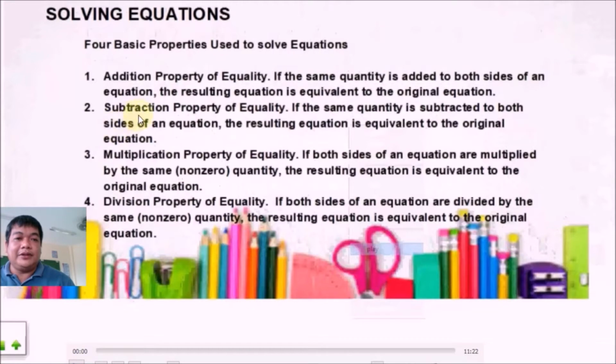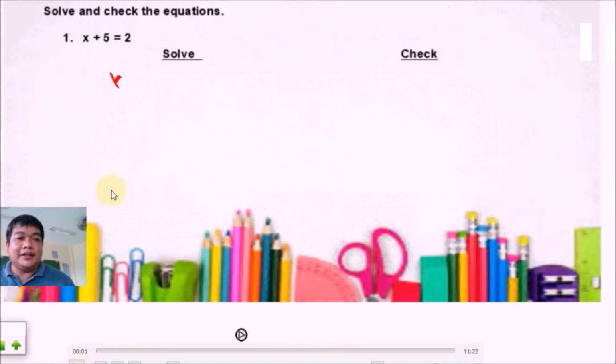In order to understand all these basic properties, let us have examples of how to solve equations. Solve and check the equation. Number 1: x plus 5 equals 2, or a number added by 5 is equal to 2. So we solve and check. To solve this equation, x plus 5 equals 2,